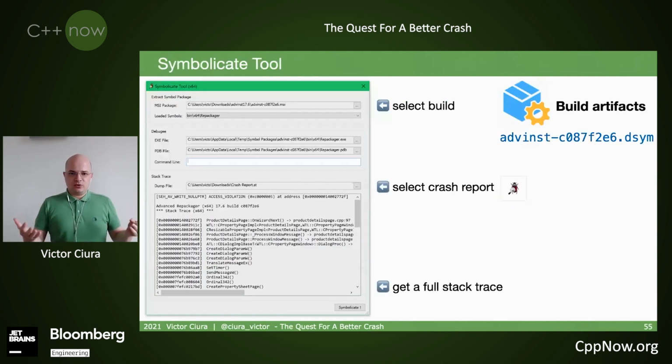Okay, getting back to the workflow. So you select the build from the artifacts you have, where you have, for example, let's say, release candidates or your deployed installations. You select the symbols that you want, the exact executables that you need to inspect or symbolicate. You select the crash report that you received from the support server, and you just hit the button and you get the full stack trace. Sounds easy enough.